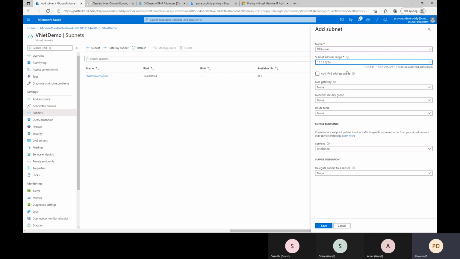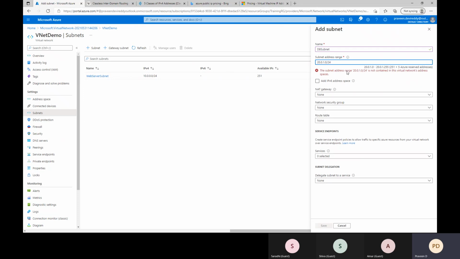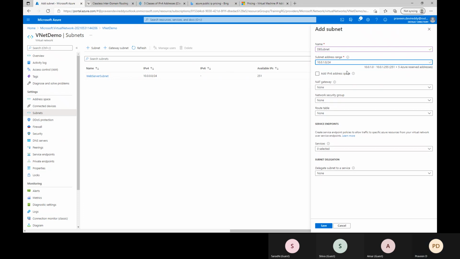Also, if I change the first bit, Microsoft throws an error saying that the subnet address range we have given is not contained in the virtual network address space. So we have to provide a valid address space here. So I will give 10.0.1.0/24 and click on save.